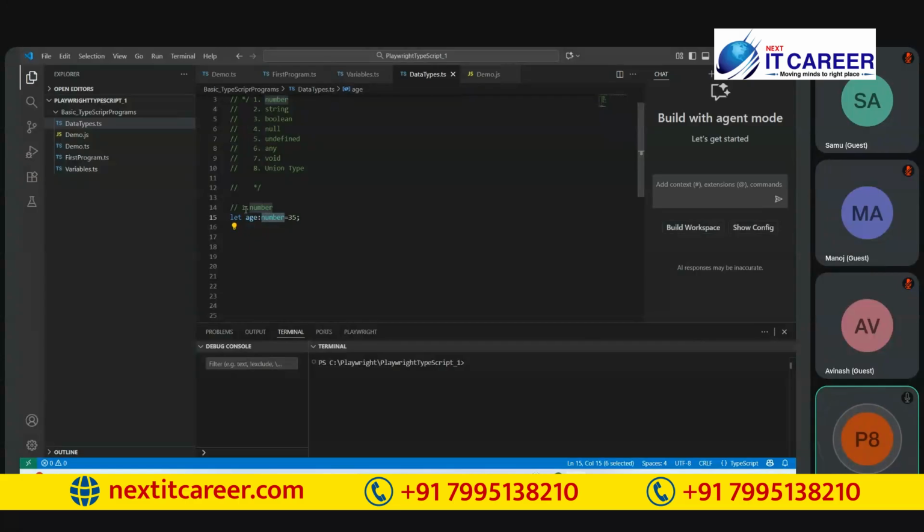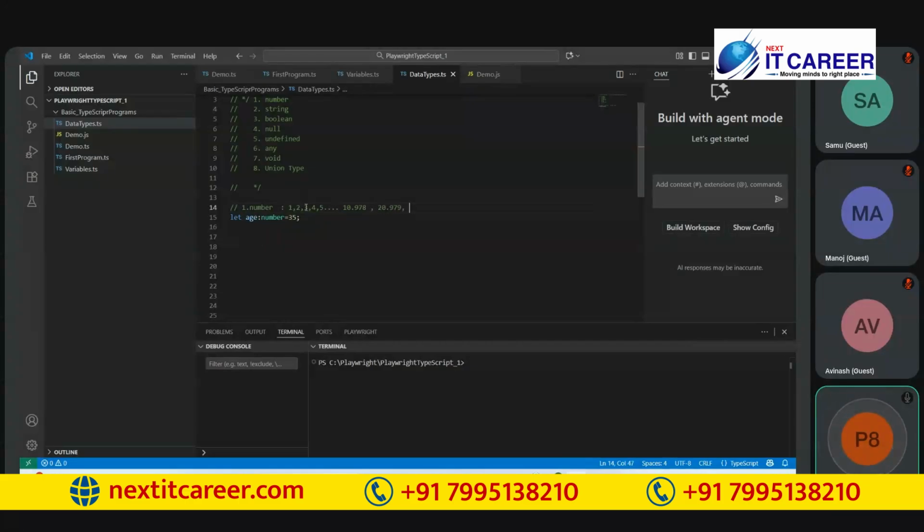When you specify the number data type, it allows integer numbers and decimal values. So it allows 1, 2, 3, 4, 5, and it also accepts decimal values like this.